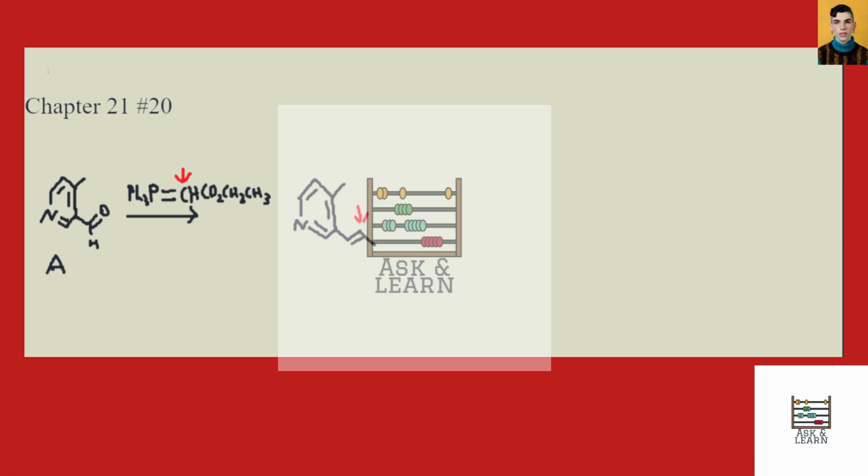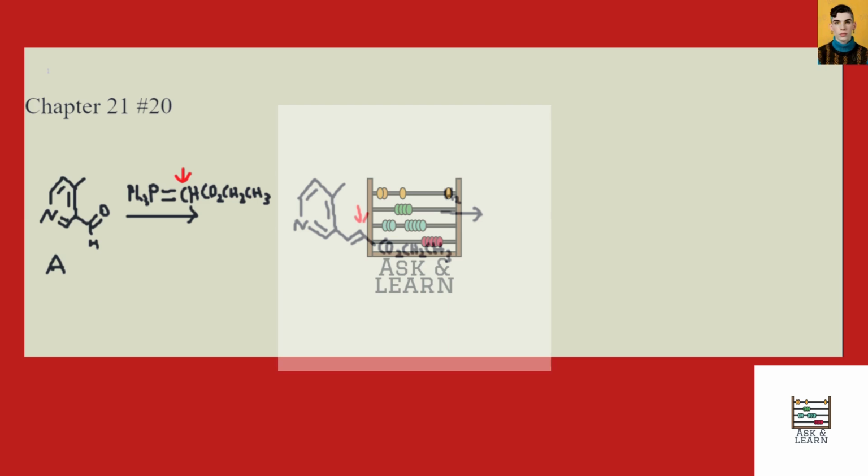So it's going to be a CO2CH2CH3. And of course, I've drawn this double bond as a trans double bond. You also might want to note that you would get a mixture, you'd get some cis as well. However, it really doesn't matter at all for our purposes, because when we hydrogenate this in the next step,